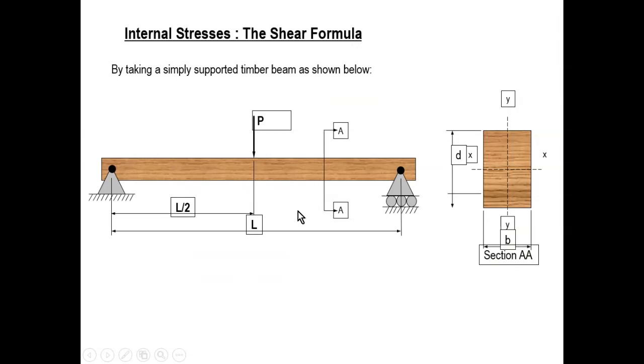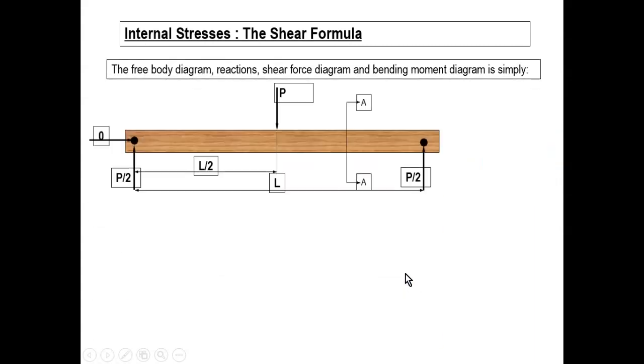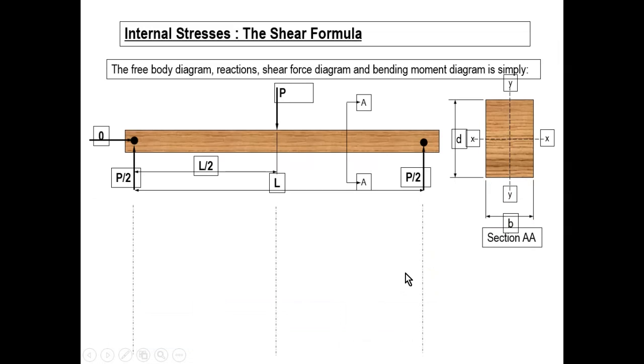we want to derive the shear formula. For doing that, I choose a very simple beam. That simple beam is simply supported. It's being loaded right in the middle. And then I decide to make an arbitrary section AA. If I make section AA, that's the cross section. It's a rectangular one. And we want to derive the shear formula here. So what I do is,